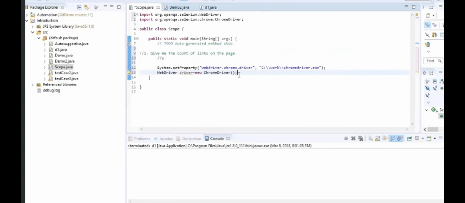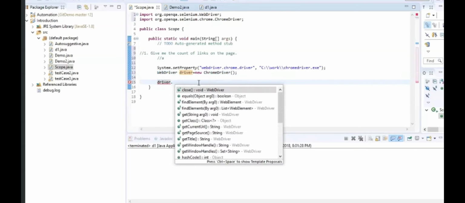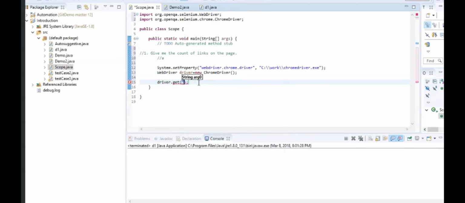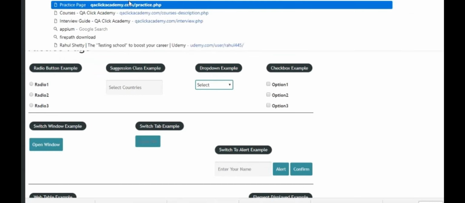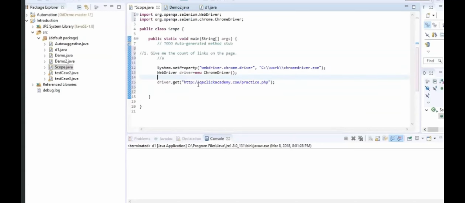I'll just copy it from another test because I don't want to waste time defining everything again. This will launch Chrome driver. Now let's go to that specific link with driver.get. This is a link. You can come from my website, or you can just select this page directly, and that will take you to our link page. Once we are here by hitting this link, if you want to get the count of links,